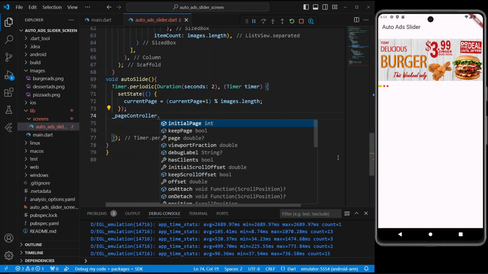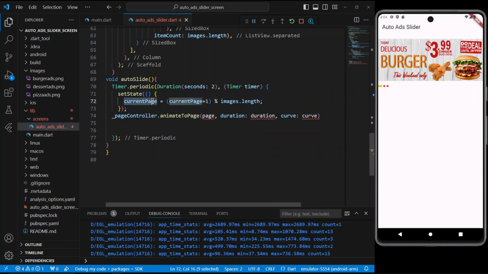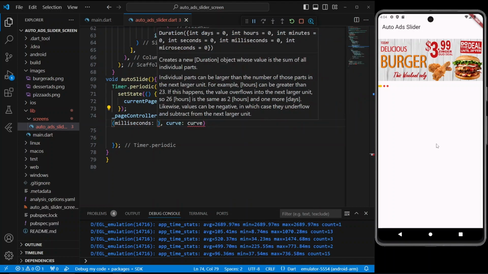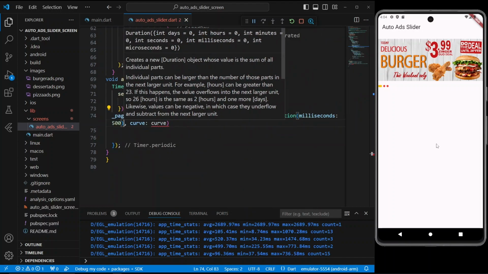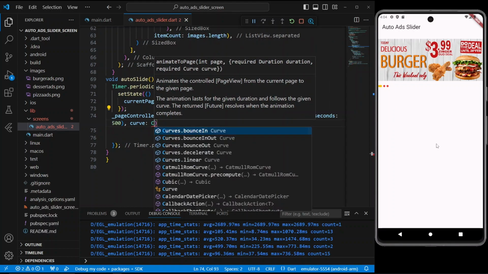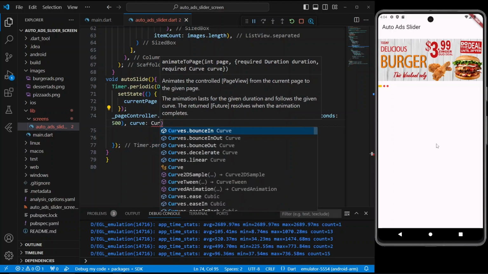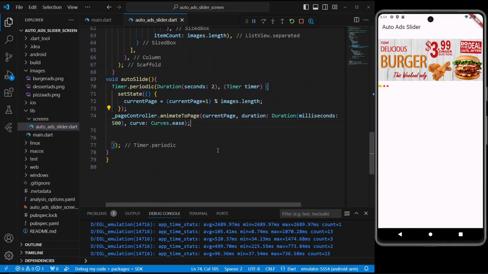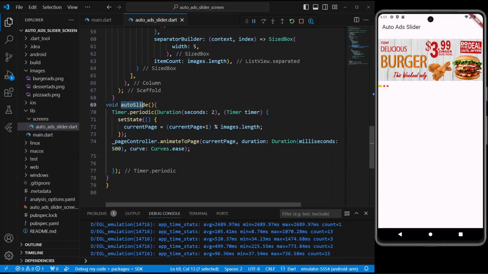And insert this function in the void function with the animateToPage property. The void function is ready now.